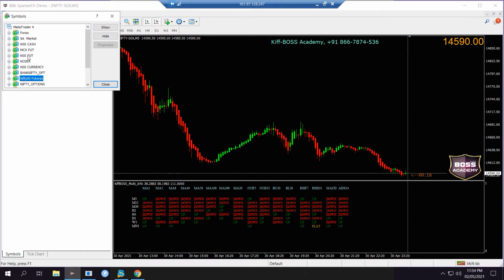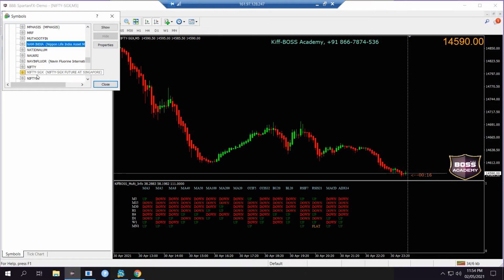Go and select the NSE FUT tab. In there you can see Bank Nifty. Double click, and it will become golden color. Then Nifty also we can choose, type N. Double click Nifty.